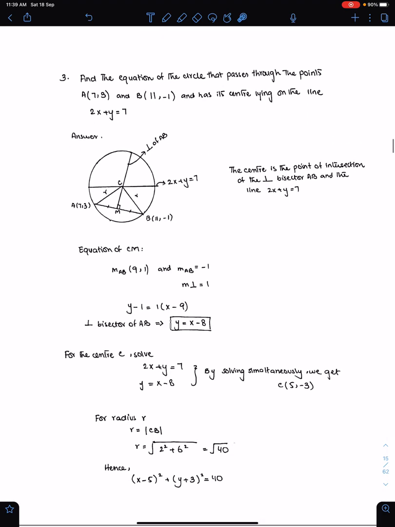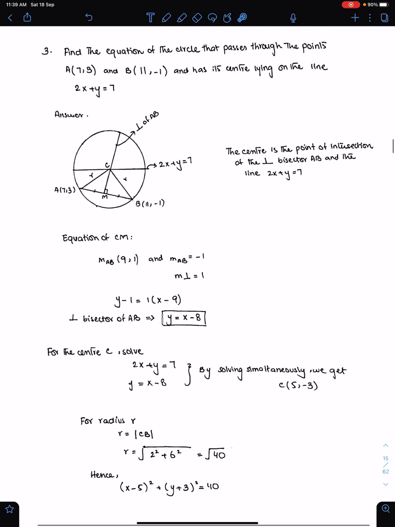Number 3. Find the equation of the circle that passes through the points A and B and has its center lying on this line. So, center always lies on the perpendicular bisector. This is the first thing. And it is given that the center is also lying on this line. So we just need to solve the equation of the perpendicular bisector of AB and this line simultaneously to get